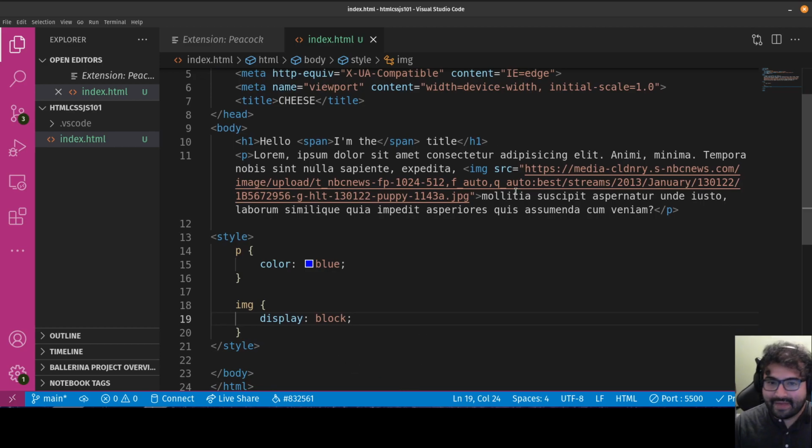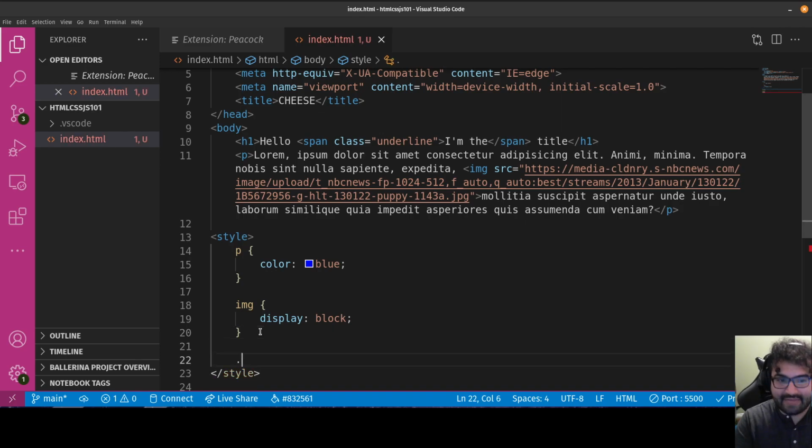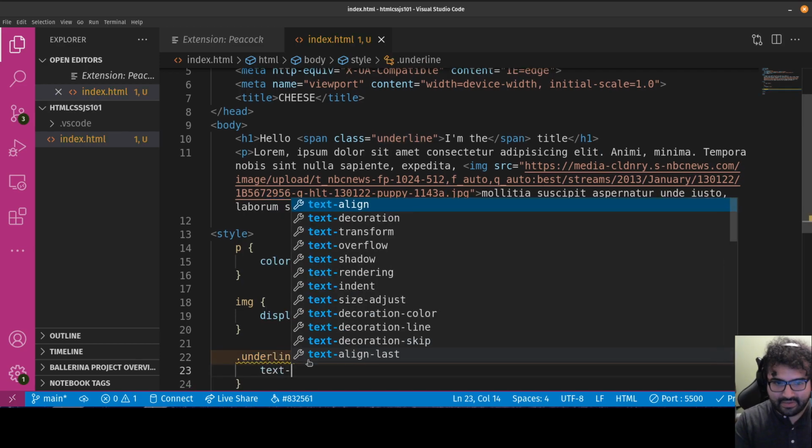And the cool thing is, what if I had multiple images, or let's say the span tag. I could target the span tag, but I might have lots of span tags across my whole page. So I can generally do two things. I could add a class attribute and put a class, we'll just say underline, we'll call it. Okay, and that's called a class. So instead of styling the span element, saying all spans have to be underlined, I can say only the ones that have a class of underline. And when I put this period here, that tells it this is a class name, not a tag name. Then I can say text-decoration: